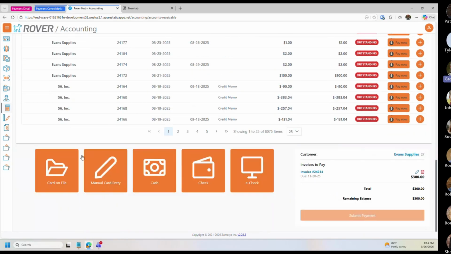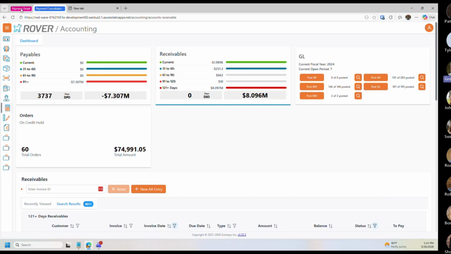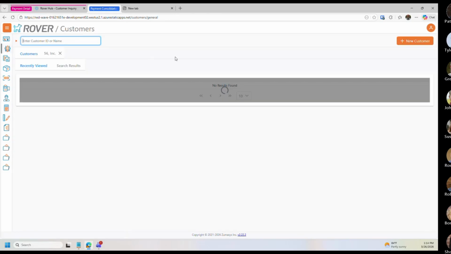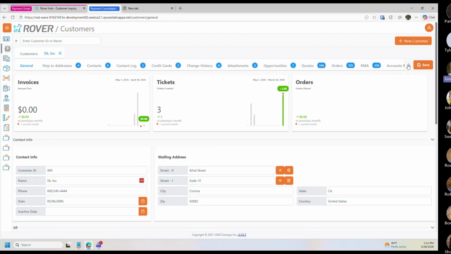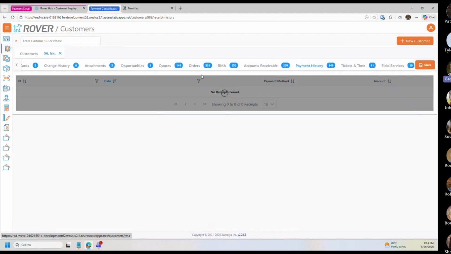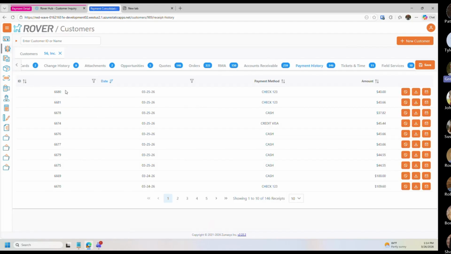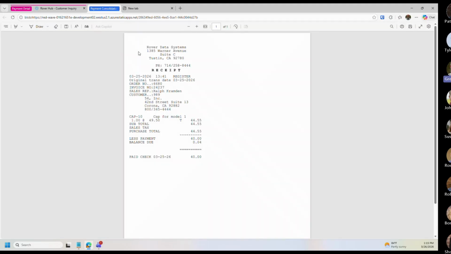Okay, so generally just consolidating the ability to have all payment methods exposed in all of the locations that you can accept payments within the application and just making this a more streamlined, consistent experience. The next area to touch on, again back in customer inquiry, is that we've now exposed the ability to see payment history. So kind of the list of cash entries that have been created for this customer. You get a table of those. You can download a receipt view of that. You can also email that cash receipt